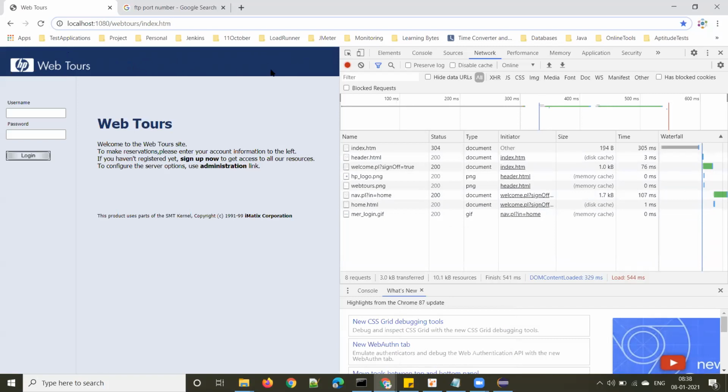This blue color bar at the top of the page. Guys, this is very important to understand the developer tools. We'll be using developer tools very frequently in performance testing, and even the functional testing team will be using the developer tools very predominantly. So only the network tab. You need not bother about other tabs. Developers will be using other tabs, but we need to understand the network tab.